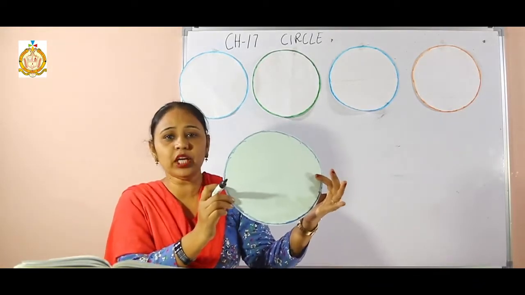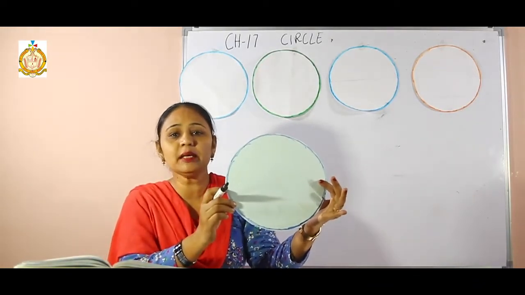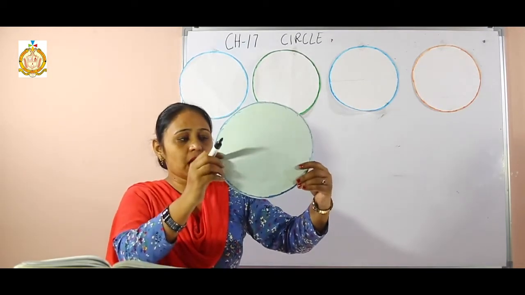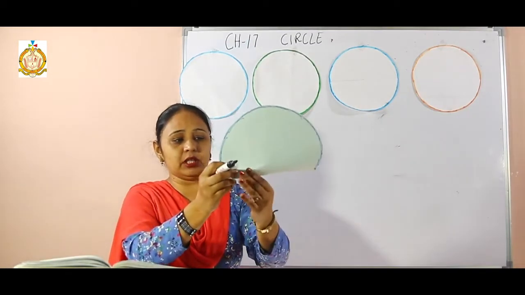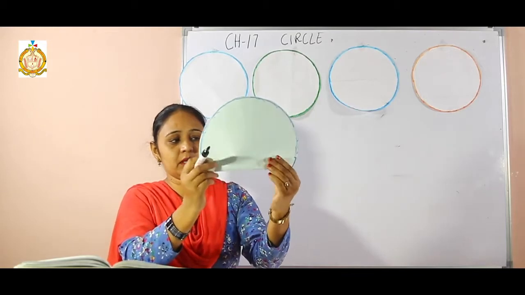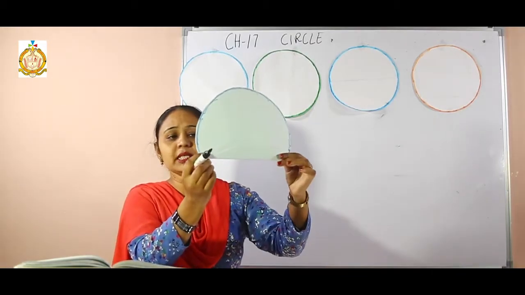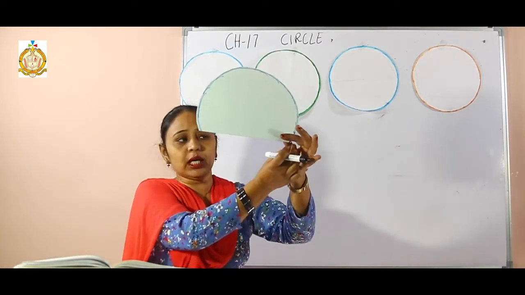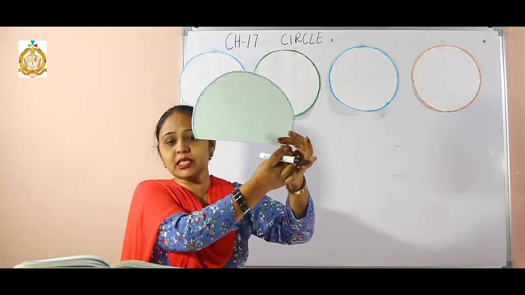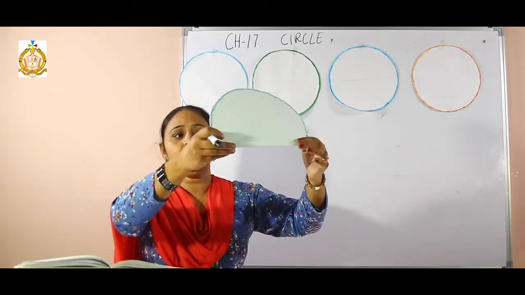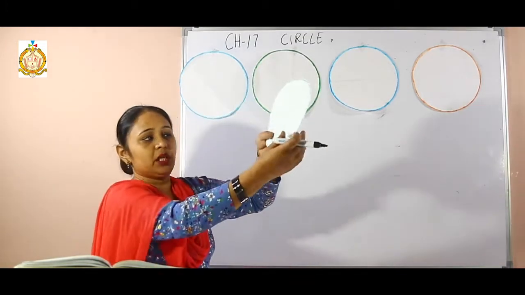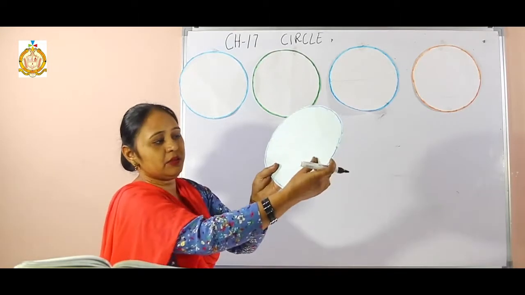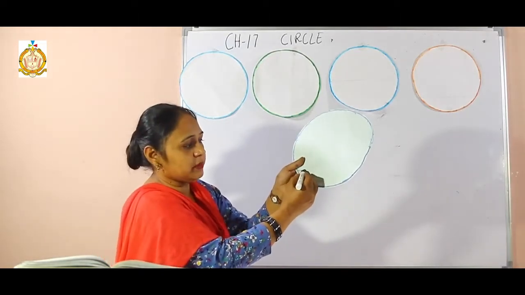Now in this chapter we have to deal with chords. Now what is the meaning of chord? Suppose I bend it from anywhere and make a line here, like this one. That means if I draw a line from one point of the circle to another point of the circumference, it is called a chord. Now what can the chord do? Now we can see this line that I fold, now it becomes like this.